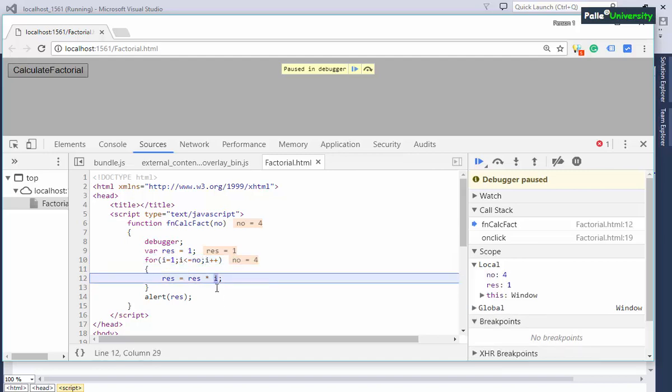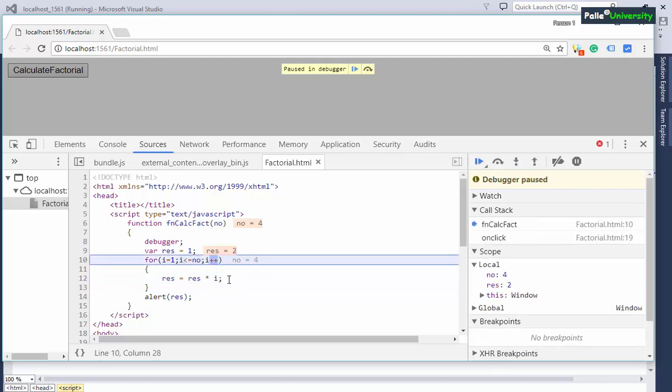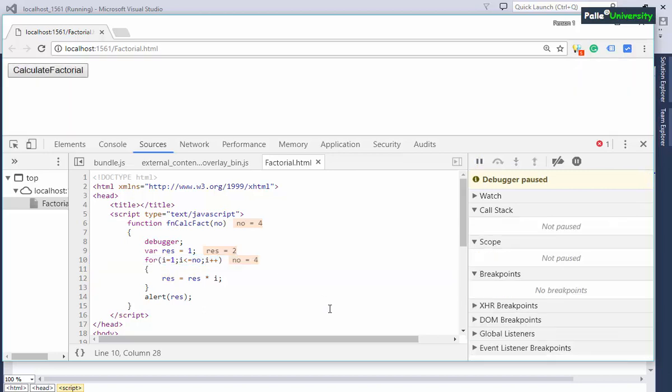If you want, you can check. Right. Let me select this. The value is true only. Now execution completed. So the current res value is changed to 2 because it is 2 into 1. Earlier res was having 1, into 2 it became 2. 2 is stored. Now again i plus plus is executed.